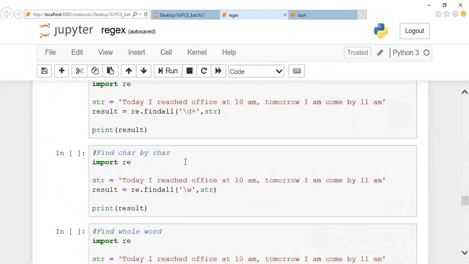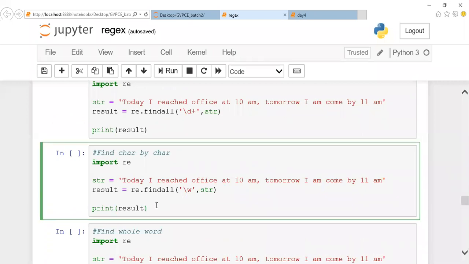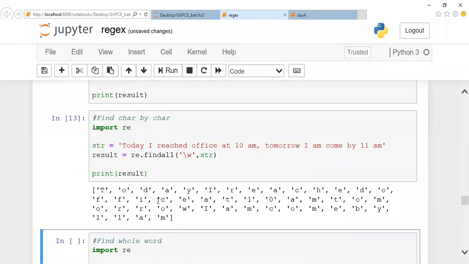And in the same way, I can mention \w. \w is for a word character. If I execute this, it is the same thing: re.findall followed by the pattern and followed by the string. One rule you are supposed to keep in mind: all the other implementations are similar. Everywhere you go, you'll have re.findall or re.split. Your first parameter will be the pattern and the next parameter will be the variable name. This is how it is going to be.